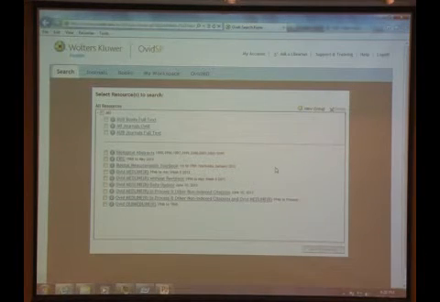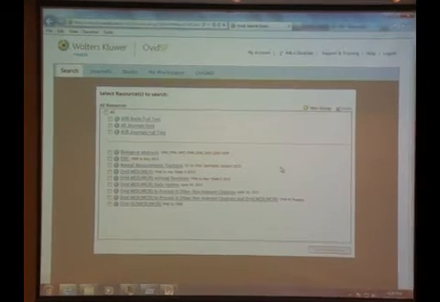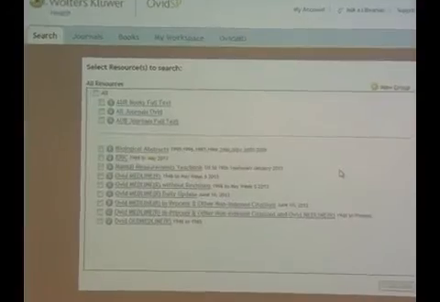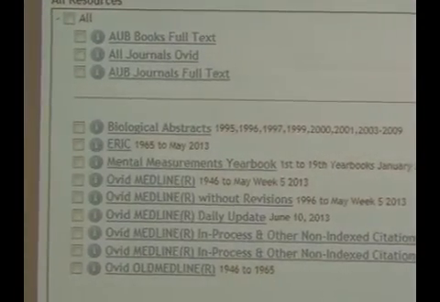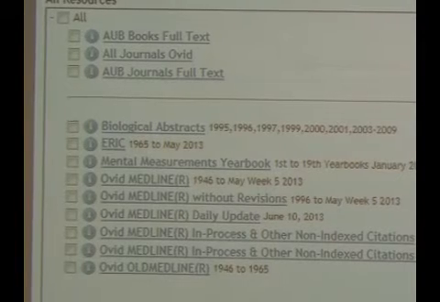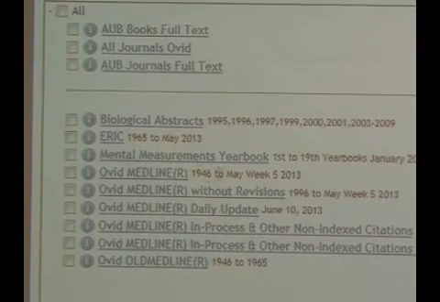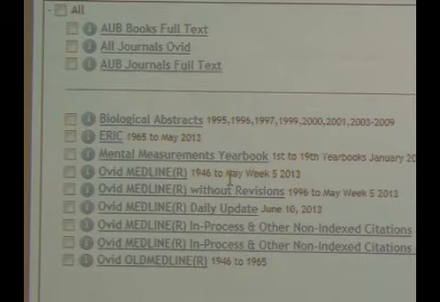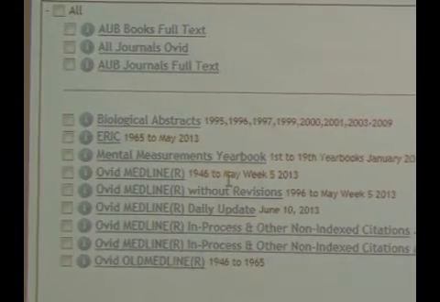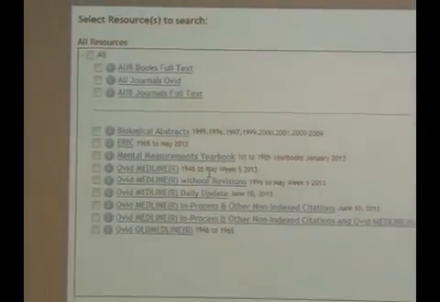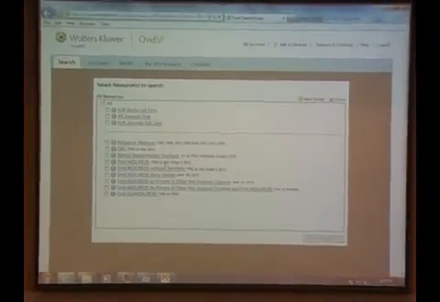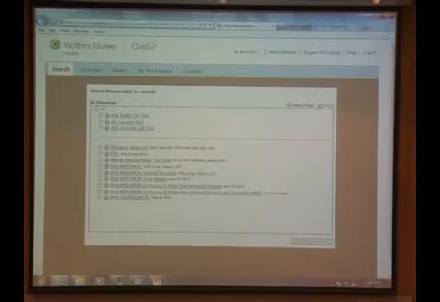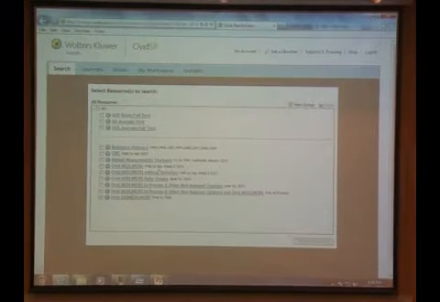Medline is a bibliographic index that indexes 5,500 international medical journals from the whole world. It is produced by the National Library of Medicine, which is the largest and most important medical library. At the National Library of Medicine, they have physicians that work for them, and the job of these physicians is to read the articles appearing in these 5,500 international journals